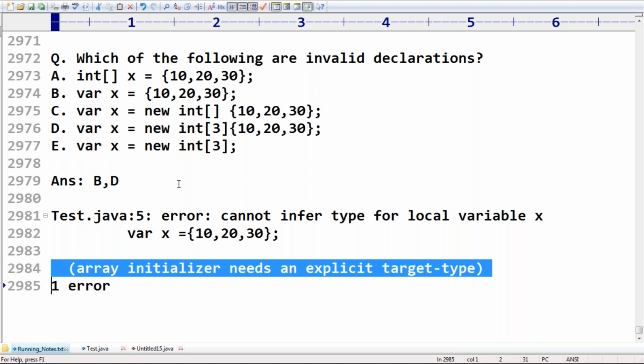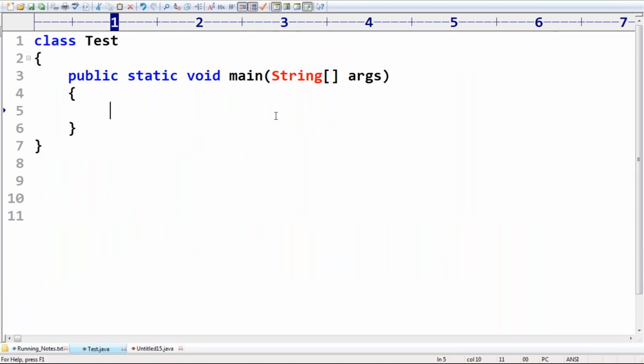Next, one dangerous thing I want to discuss. Take special care about this one. Listen carefully.